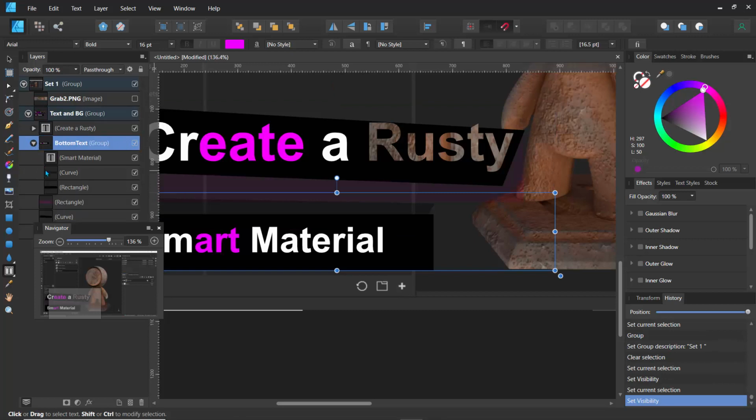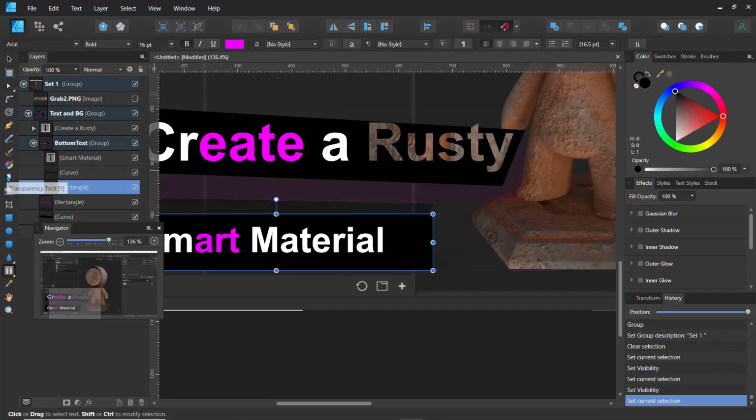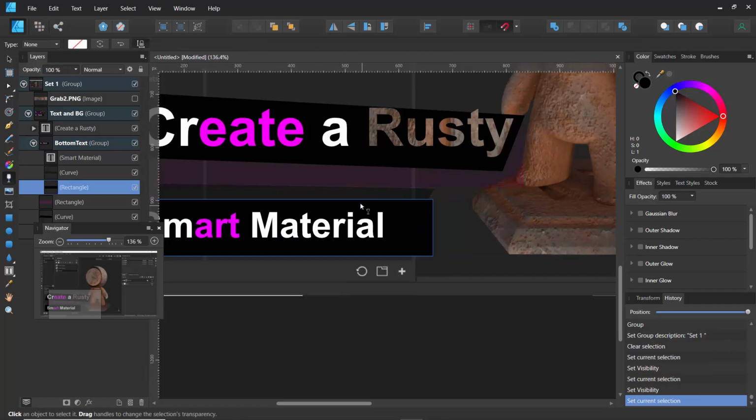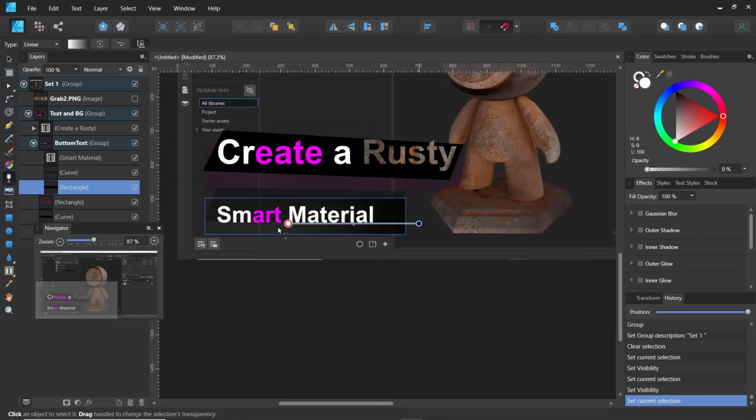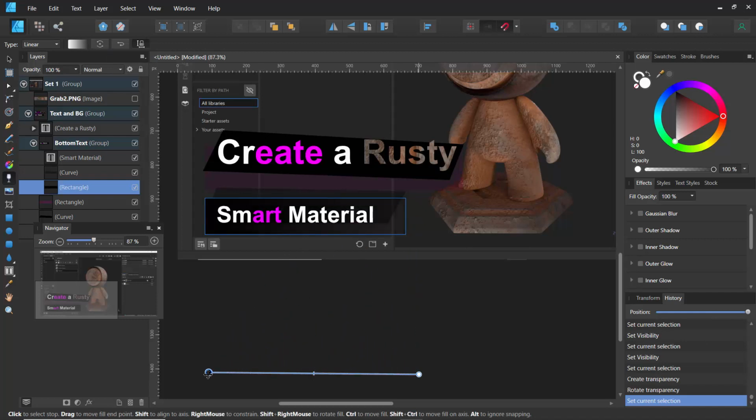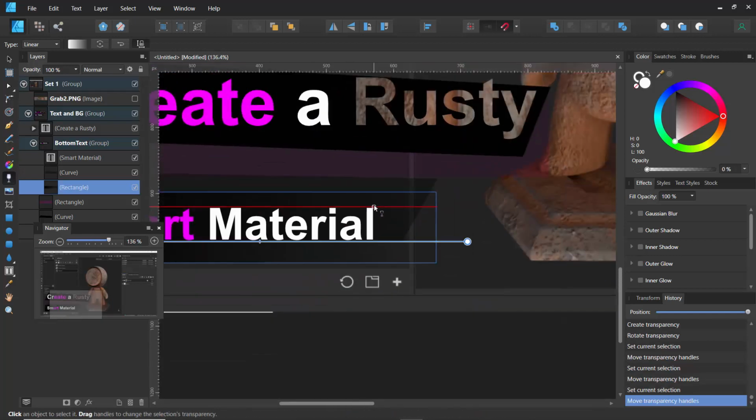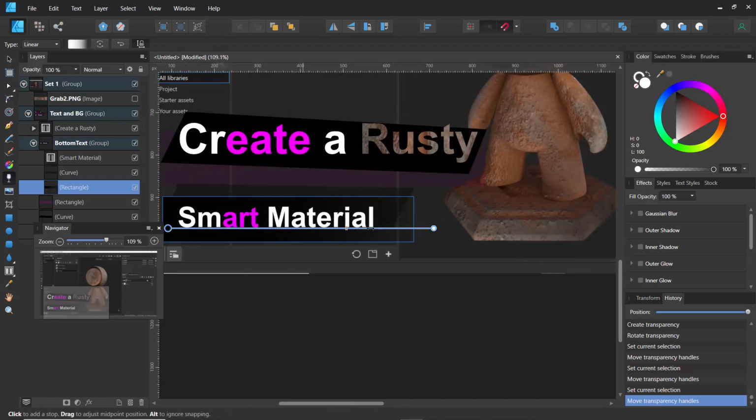What I'll do is open the bottom text and click on the rectangle, and I'll click on this transparency tool, and what this is going to do is to add some nice transparency. So I'll do it this way, and I can always rotate this. So I'm going to rotate the gradient like so, and we can position this any way we want. I'll set it over here, and you can see what it's doing. So it's creating a nice, transitional fade from left to right. I'll drag this over here and just make it slightly